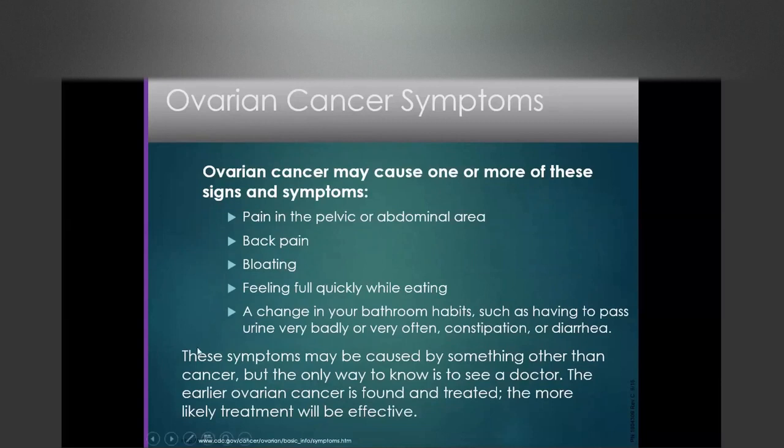So here's the problem with ovarian cancer. The symptoms that people have are very nonspecific, which means these symptoms can be caused by 900 other things that are not ovarian cancer. So belly pain, back pain, feeling bloated all the time, feeling like every time you eat, you just get full very quickly. I will tell you that this one here, the bloating and the feeling full while eating, everybody with ovarian cancer is going to have this symptom, but the vast majority of people that have these two symptoms don't